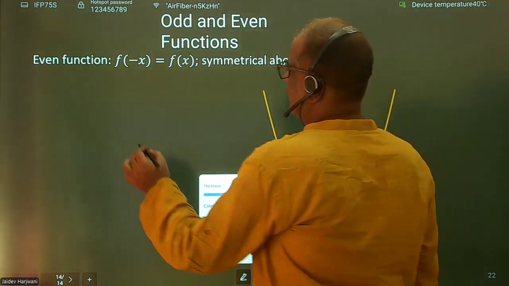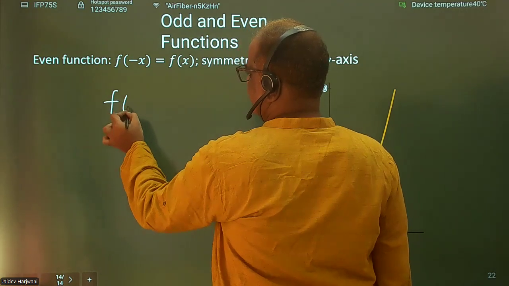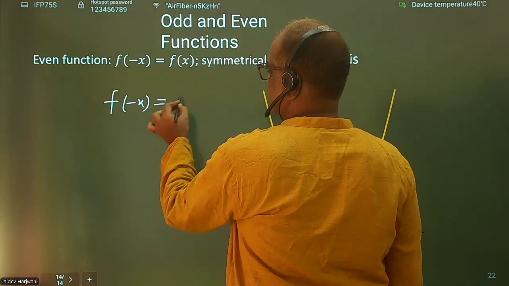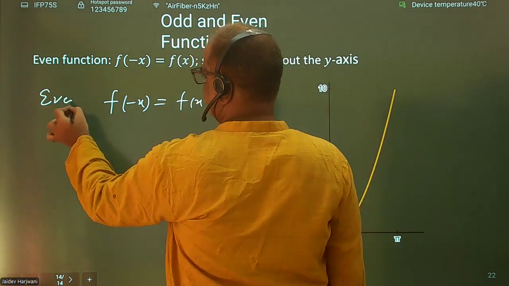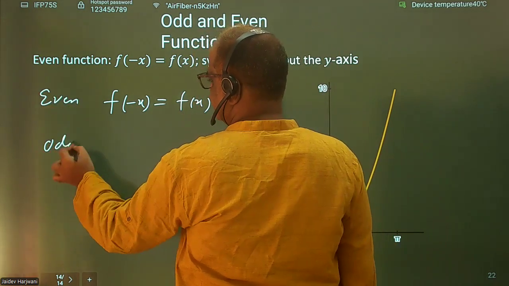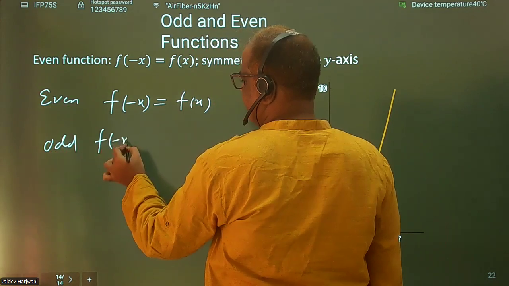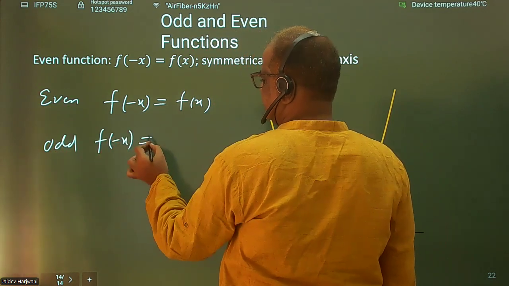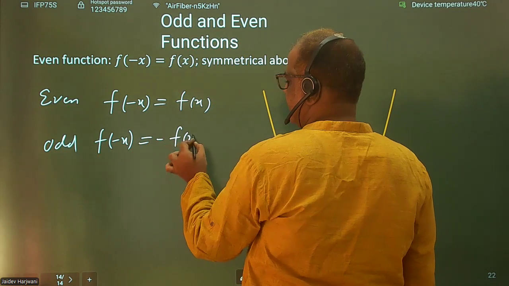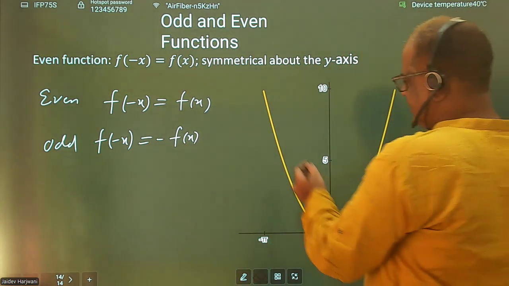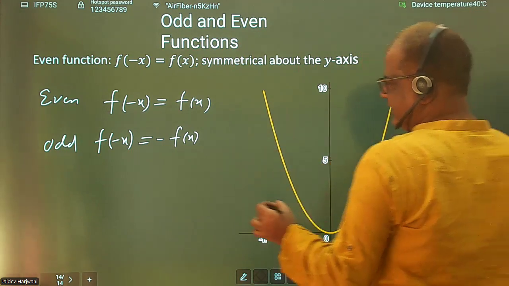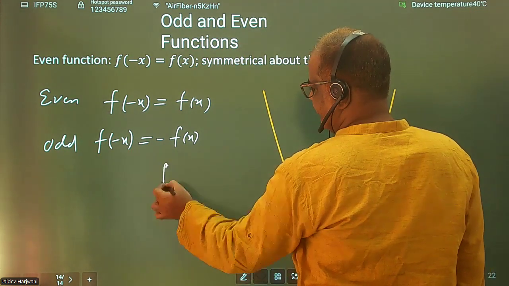A function is called even if f of minus x is equal to f of x. And for an odd function, if I replace x with minus x, this should be equal to minus f of x. Okay, that means now if you see this curve,